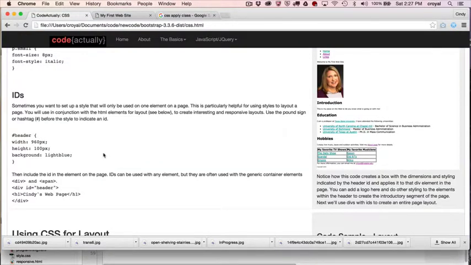Sometimes you need something that is called an ID. You only get to use an ID one time on a page. So you have to think carefully about whether you want to use a class, which you can use for multiple elements on a page, or an ID, which you can only use once. IDs are very good for things that you want to control one time, such as the size of a section